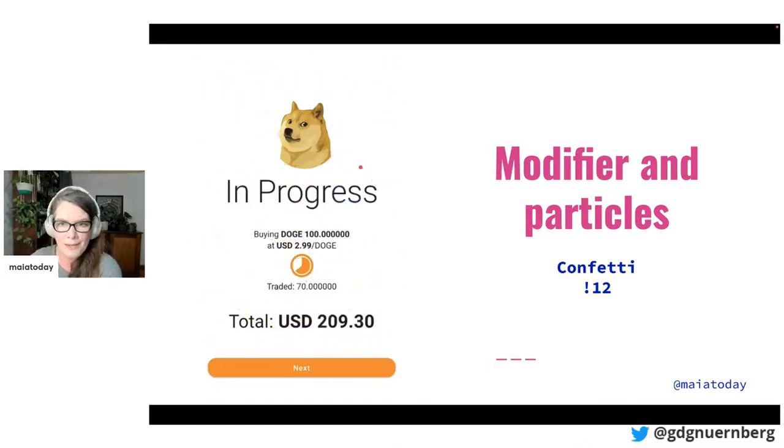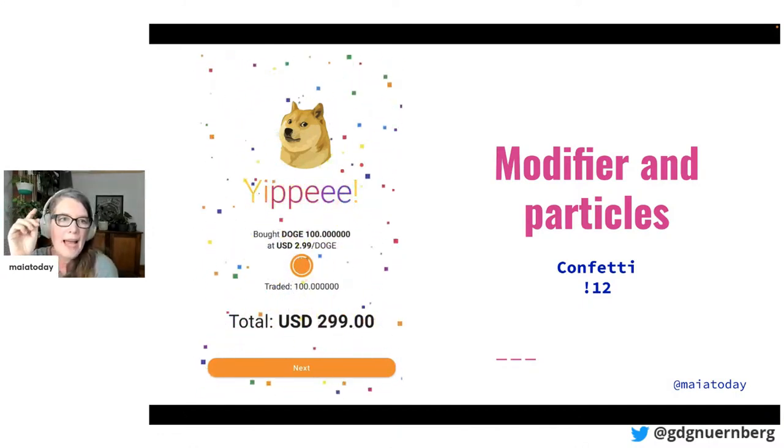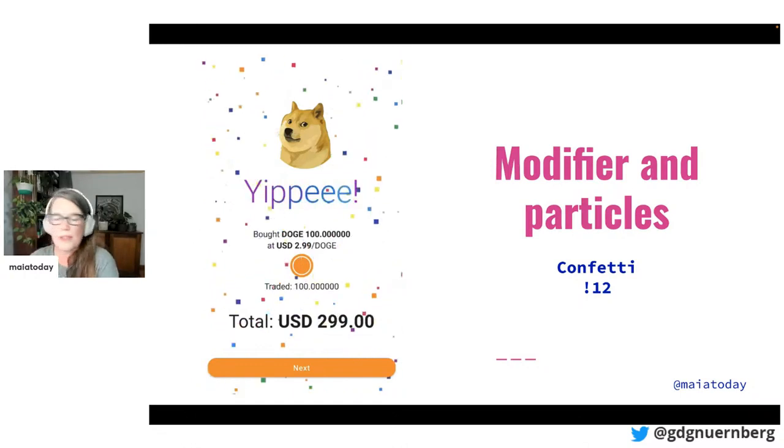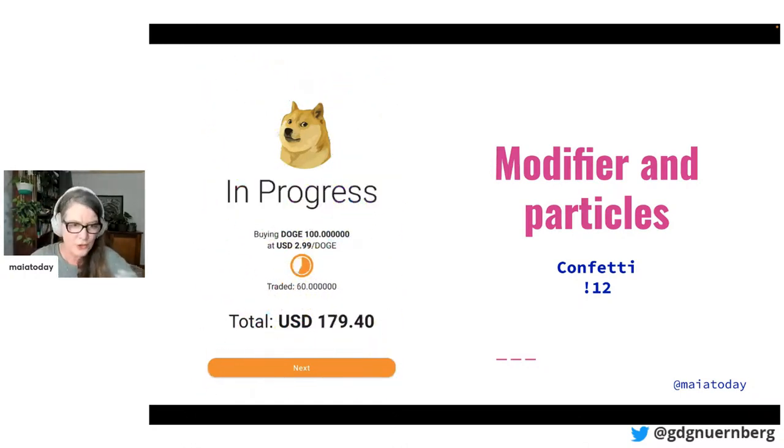I built a modifier, and it has particles. It has a particle system. And if you make it visible, it's going to show all of these particles behind whatever's in the front. Let me see how my time is. I've got a little bit more time. This is the last one. I'll go through this quickly.